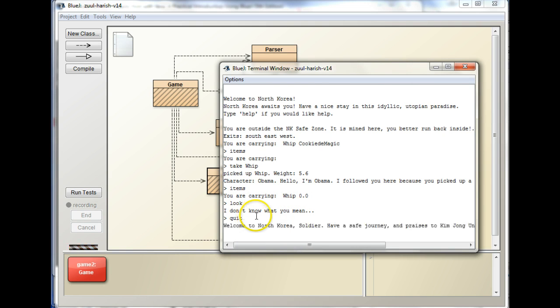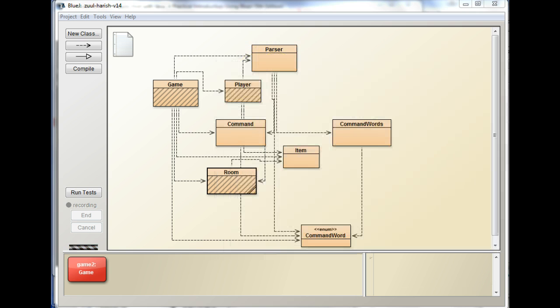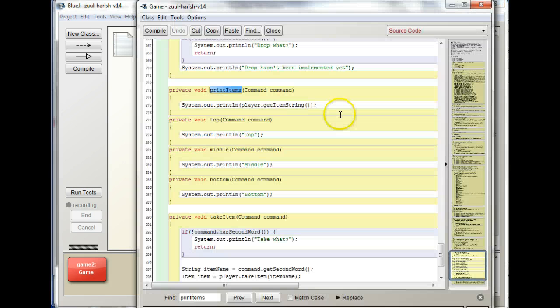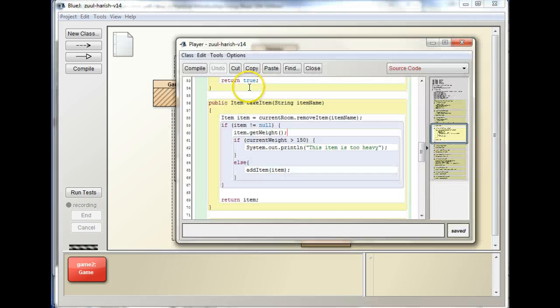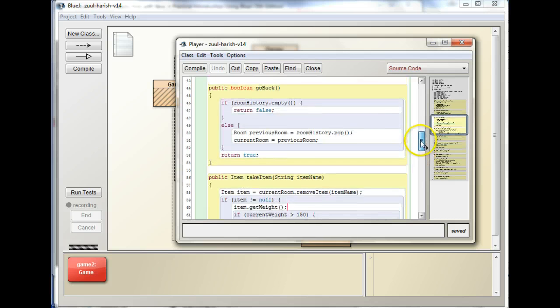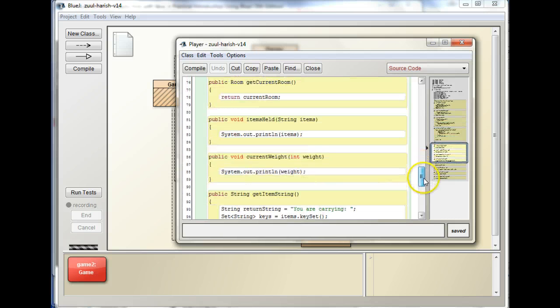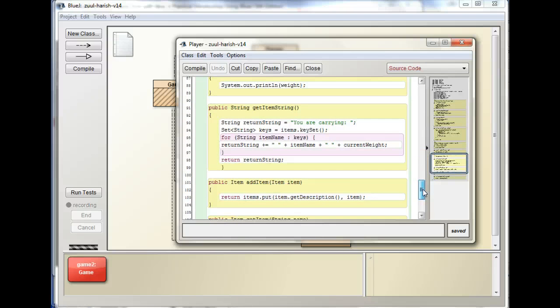Let's see. So that's information that you get from, well, let's just kind of trace it through. You say print items, it says player get item string. So when you get the item string from the player, get item string,